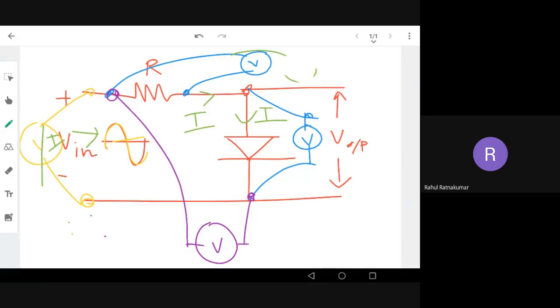So the more power a device or system is able to handle, definitely the cost will be higher. How can you understand or estimate the power of a device or a system? Your smartphone is also a system. Its power dissipation is very less compared to a laptop. Its power dissipation is more. And another device, for example, a television, will have more power dissipation than a laptop or a smartphone.